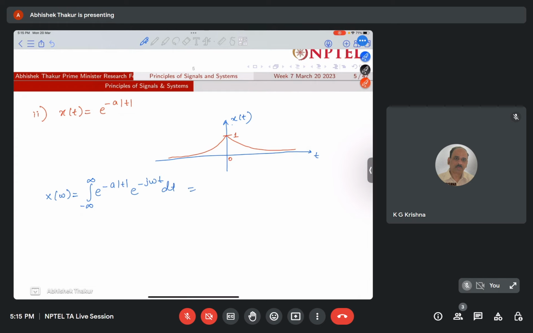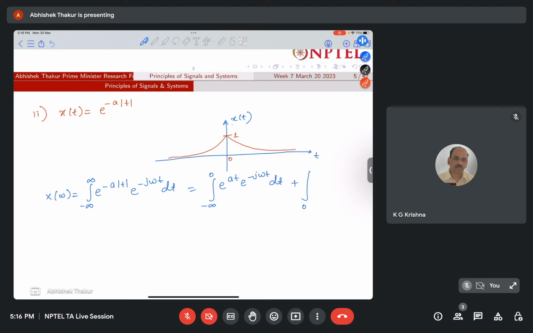Now for a negative value of t, this mod t will come out as minus t, and for a positive value of t, this mod t will come as only t, because mod t will always be a positive term. So now we'll break this integration into two parts: minus infinity to 0 of e to the power of minus minus t, because for negative values of t minus minus will become plus, so e to the power of a t, e to the power of minus j omega t dt,